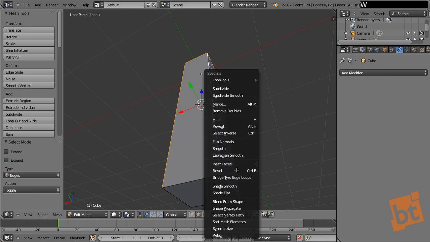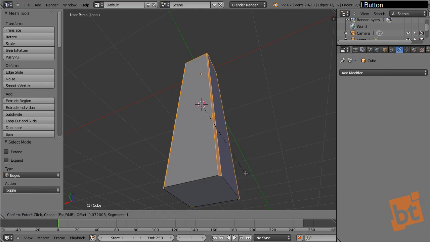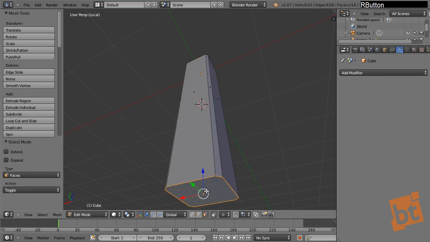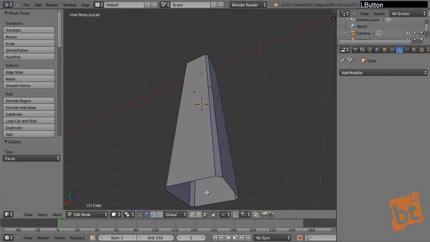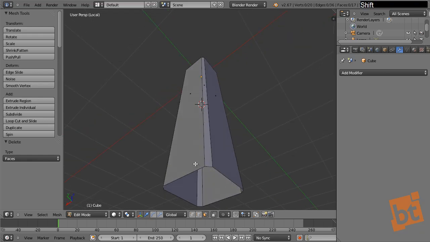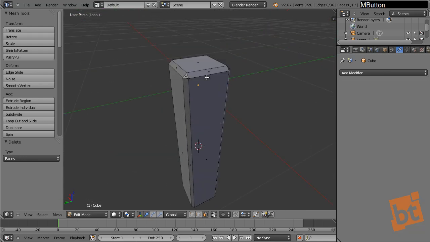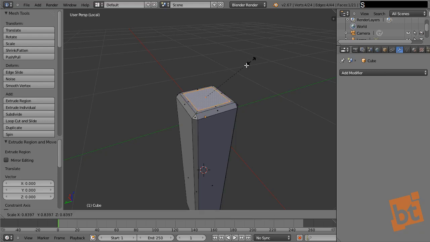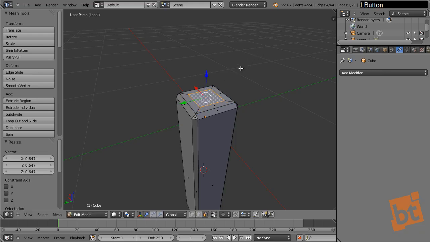Press U, bevel, and just bevel them a little. And now let's go to the face mode and delete this one, because it's an angle that will be duplicated in the scene a lot of times, so we can get rid of it because we will never see it in the scene. And now here we can just extrude this, scale it down,